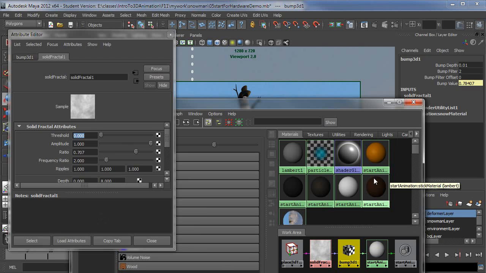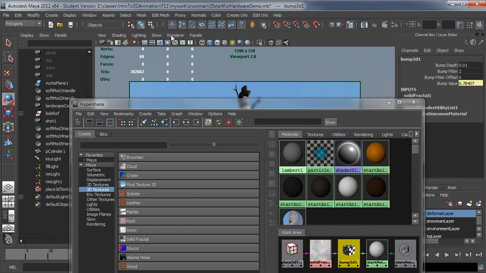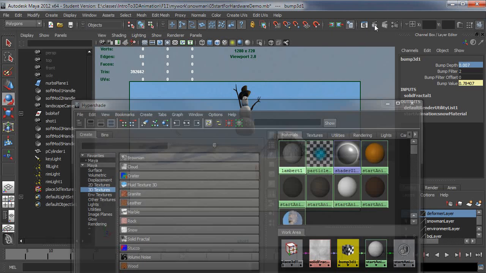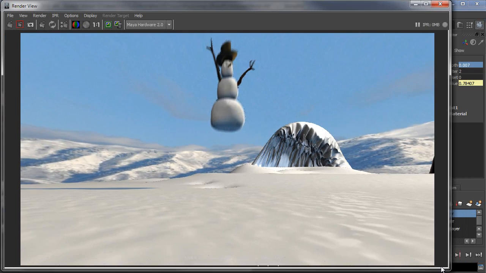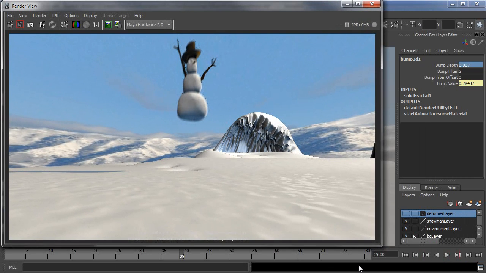So again, I'll come into the bump value, and since this is rendering larger than it's displaying here, I'll just have to do it over here. Try something like that. And again, I'll just run a frame and see what we get. Okay, so it looks like that took care of basically all of the artifacts. Still, you know, it's not a perfect quality render. I can see it has some issues around the edges,